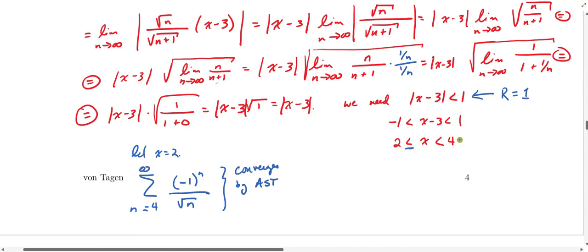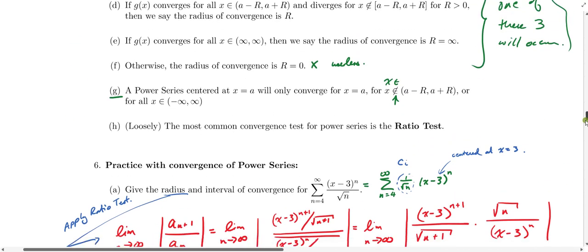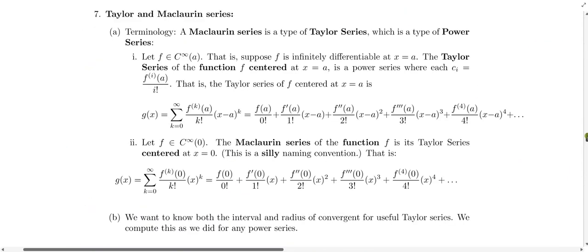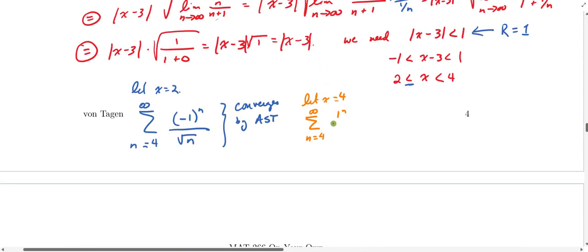But we also need to check the other endpoint, which is 4. And if we set this up, we'll have the sum from n equals 4. Folks, we need to check x equal to 4. So we get n equals 4 to infinity for the series of, and then if I add 4 to the expression in here, I just have 1 to the n all over the square root of n, which is the same thing as the sum from n equals 4 to infinity of 1 over the square root of n, since raising 1 to any finite power is still 1. This series diverges